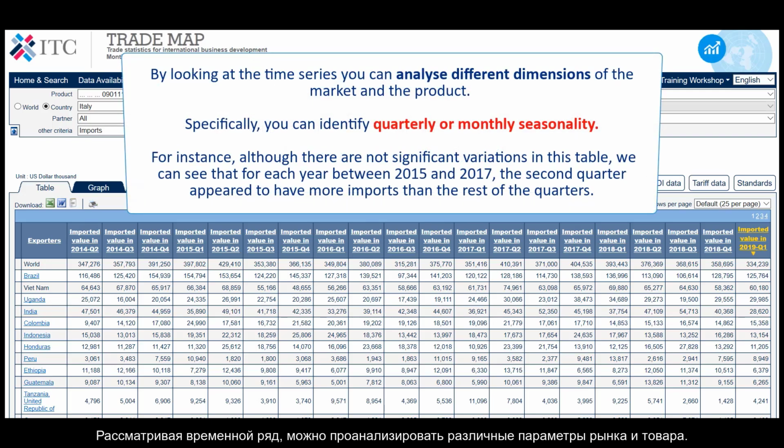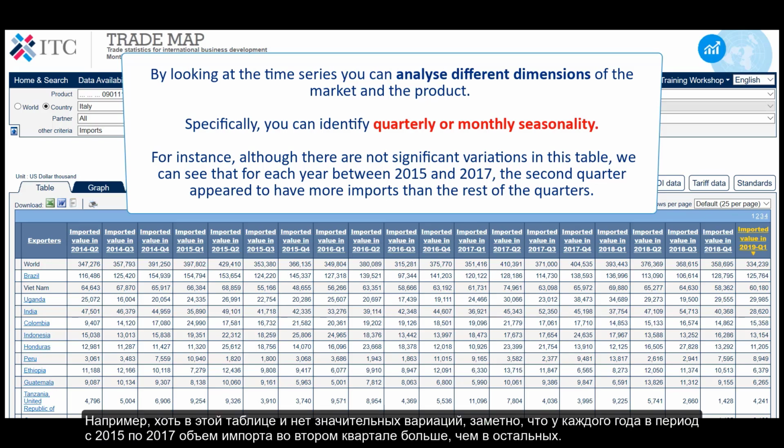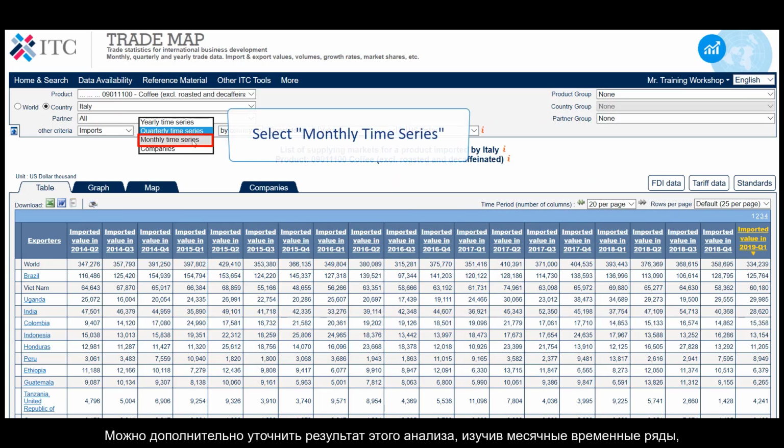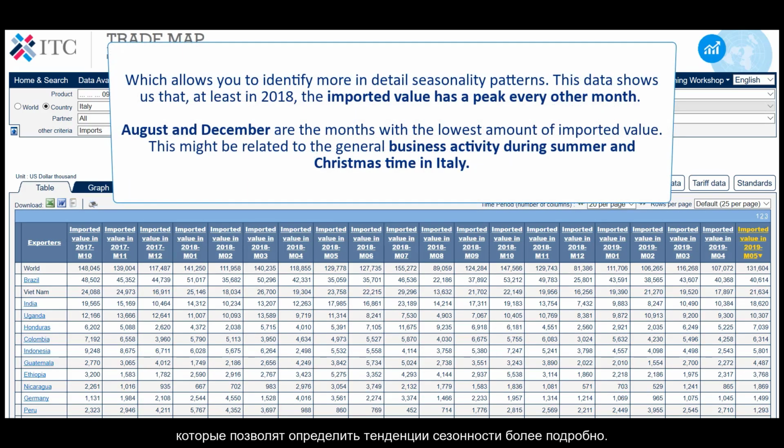By looking at the time series, you can analyze different dimensions of the market and the product. Specifically, you can identify quarterly or monthly seasonality. For instance, although there are not significant variations in this table, we can see that for each year between 2015 and 2017, the second quarter appeared to have more imports than the rest of the quarters. You can further refine this analysis by looking at monthly time series,